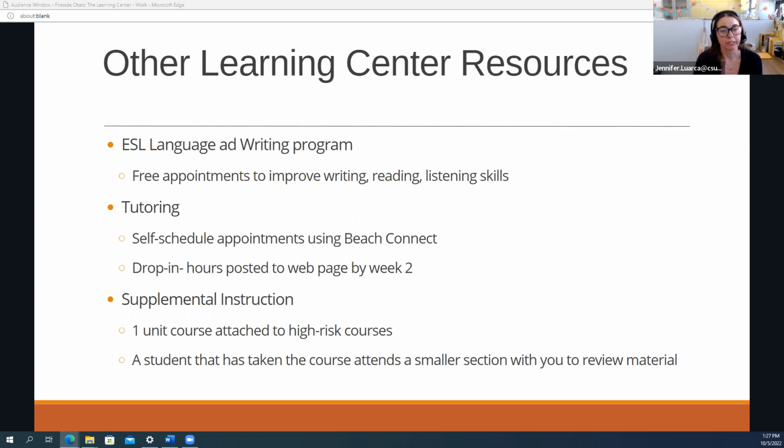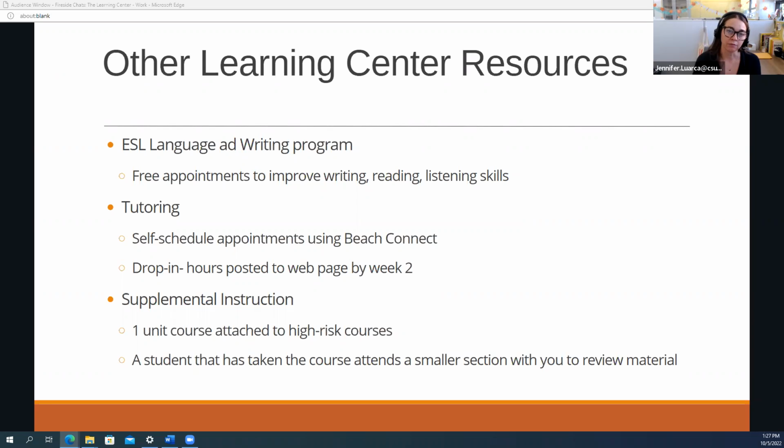And we have two different types of tutoring when it comes to content. We have drop-in, which is a set amount of hours. As I said earlier, Monday through Thursday, 1 to 5, students can walk in or they can hop online and get help. They don't need an appointment. Then we have one-on-one where students can, when they go onto their single sign-on, which is their hub for everything they need as a student, they can go to Beach Connect and they can schedule free one-on-one appointments with a tutor or with a coach through Beach Connect.